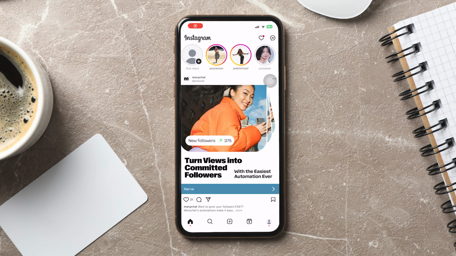How to change background color on Instagram story. So the first thing that you would need to do is log into your account here in the Instagram